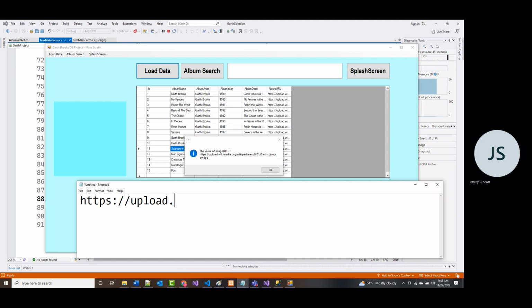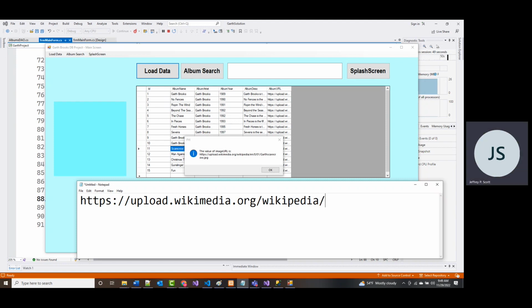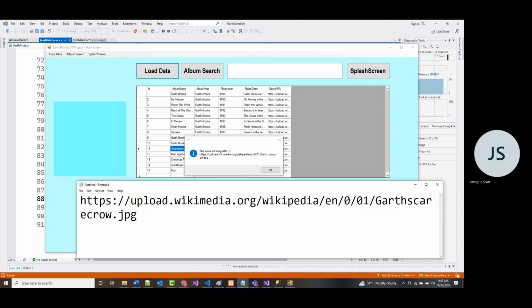So https://upload. Wikipedia. It's Wikimedia.org/Wikipedia/en/0/01/Garth Scarecrow.jpg.